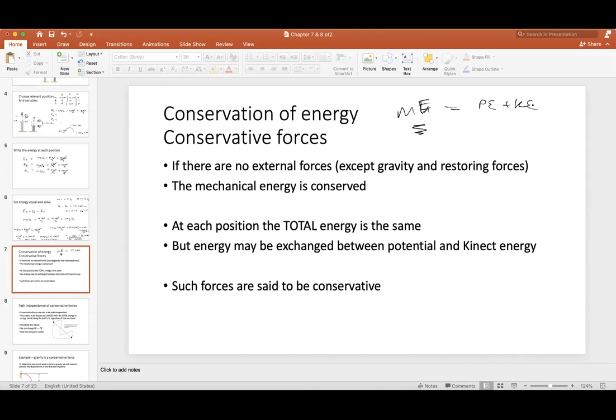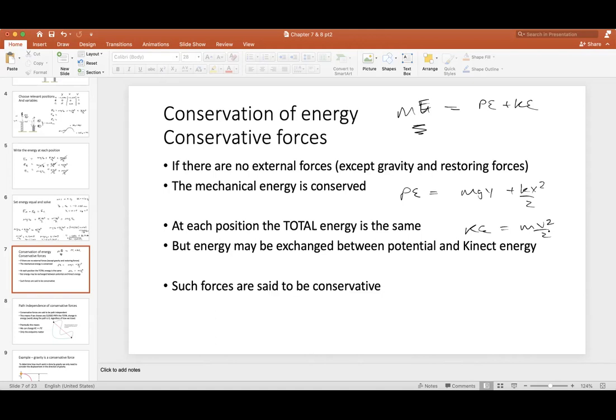That's fine too. As long as it's a constant value, whenever PE decreases, kinetic energy increases. Also remember that PE is your gravity potential and your spring potential, and KE is your kinetic energy. And those two things,